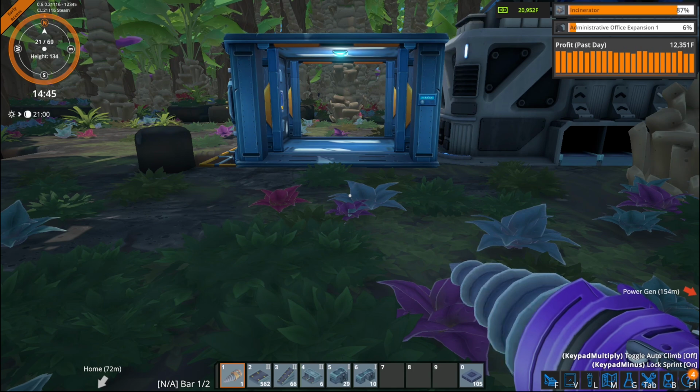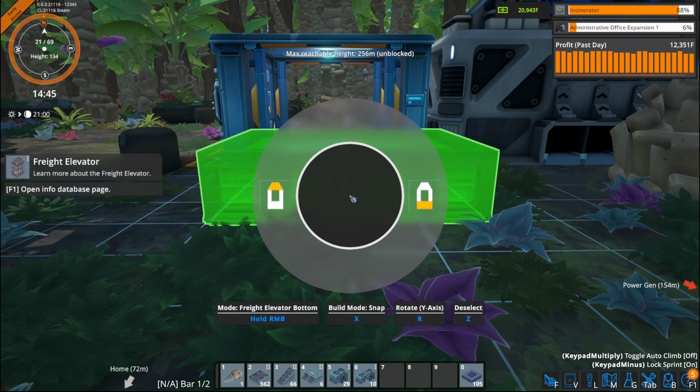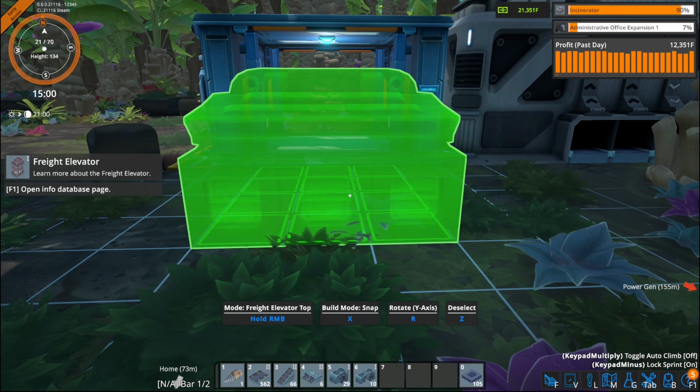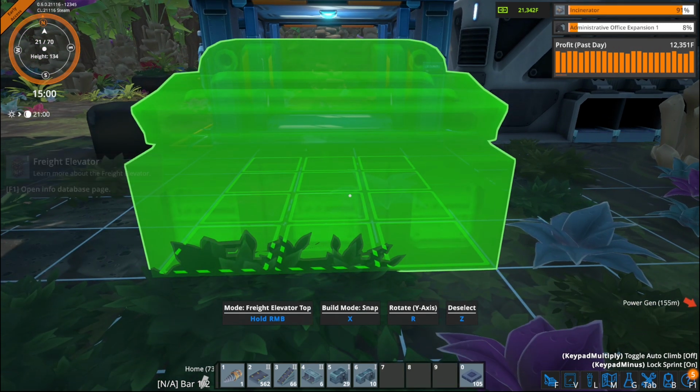I can't remember which way we actually mined out the thing. So what I'm going to do is I'm just going to put in a freight elevator right here. So you bring the freight up and you hold right click and you have a top and a bottom. And it's pretty self-explanatory. The top is the top of the freight elevator. So I'm going to put it